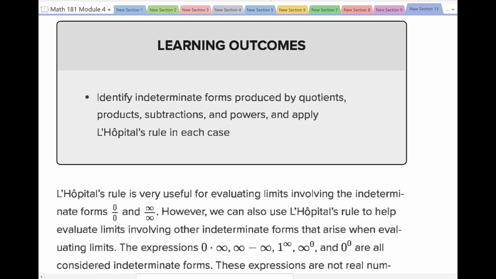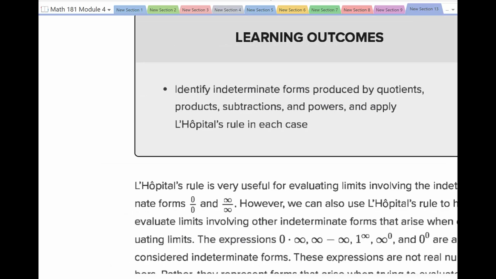So what we've done so far, we've looked at the cases that were 0 over 0 or infinity over infinity, and we found ways to deal with that. Now we're going to look at a 0 times infinity situation, an infinity minus infinity situation, a 1 to the infinity power, infinity to the 0, and 0 to the infinity. We'll be looking at several different types here,